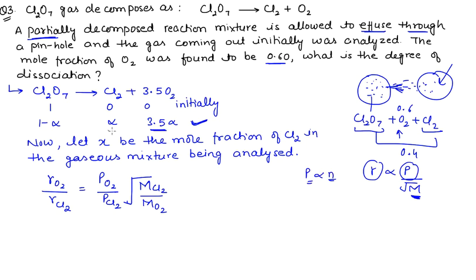So if there were 10 particles of Cl2, then the particles of O2 were actually 35. So number of moles depends on particles and so does the pressure. So instead of pressure, we can directly relate it to the number of particles, which exactly depends on these values. So you can write it as 3.5 alpha divided by alpha into molecular mass of Cl2, that is 71, divided by molecular mass of O2, that is 32. So solving this,